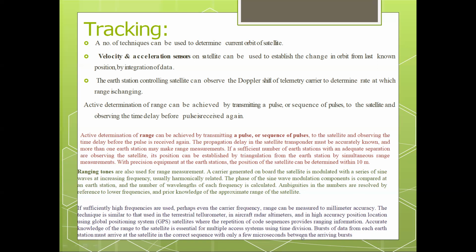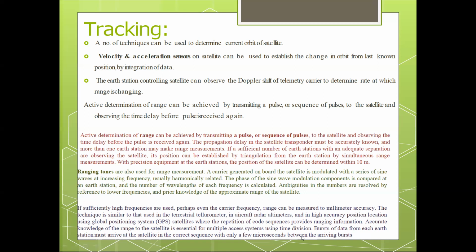So we are able to determine the range of the satellite. Using the Doppler shift together with this, we have accurate angular measurements from the ground earth station. Automatically, this range is used to determine the orbital elements, which are used to maintain the appropriate path inside the tracking mechanism.